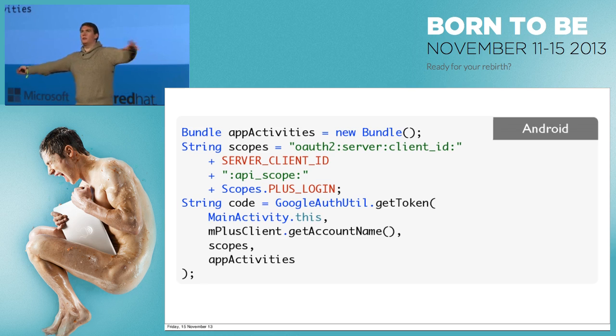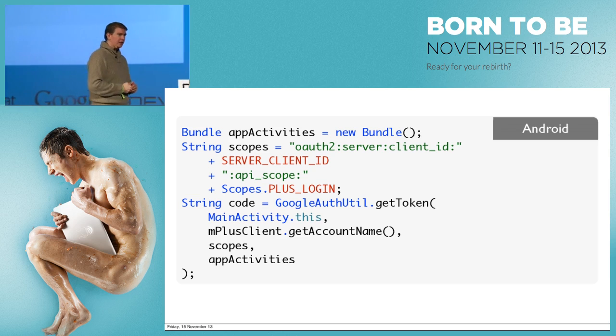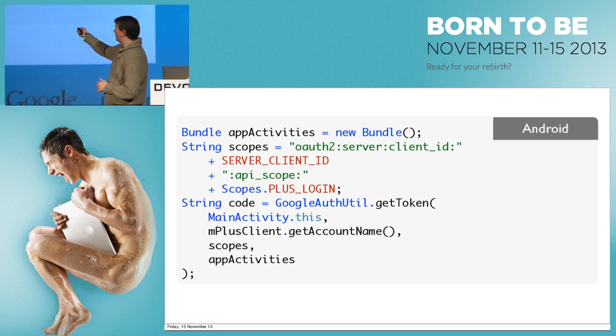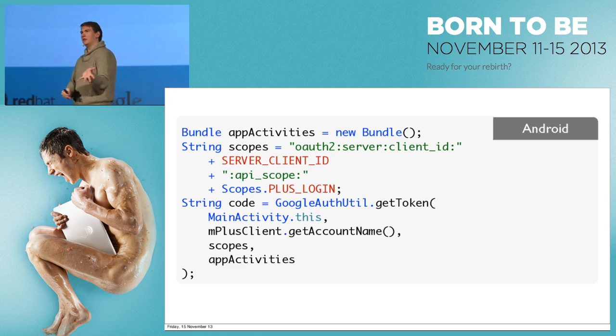It is a token which you put in your database and keep very secure, but you can use at any point to get new access tokens. So even when the user has not been back to your app in months, you can go away, get an access token, and make calls on their behalf, which is convenient if you need that. You see here, we're actually using the same method as before, this GoogleAuthUtil. This is actually overloaded to let you get access tokens and ID tokens and codes.